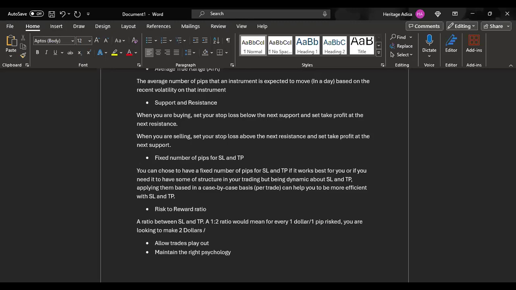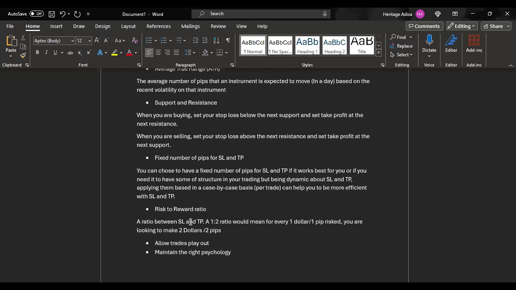So this is what I mean by risk to reward ratio. Now, a lot of people have it as a fixed number. They can say their own risk to reward ratio is 1-to-3, where they risk 1 to make 3 times what they're risking, or 1-to-2. Some people have it as much as 1-to-5, and you hear things like that. Risk to reward is not a problem. It's not so bad. But I personally believe that it may not always be as efficient when you apply it to trading,